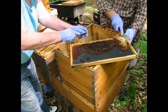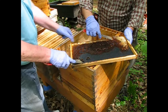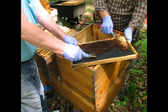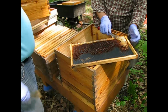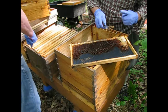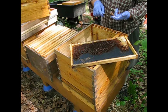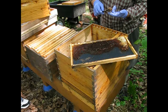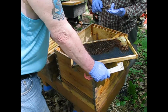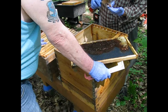So we're going to have to scrape this level. Okay. So these are going to have to go. Oh, look at all that honey just oozing out of that. Lick it and stick it. Or stick it and lick it. Oh my goodness. Is it good? I don't know that I've ever tasted bad honey. Yeah, right? I mean, I know it's got a lot of other stuff in there. I didn't want to eat any dead bees, but otherwise...